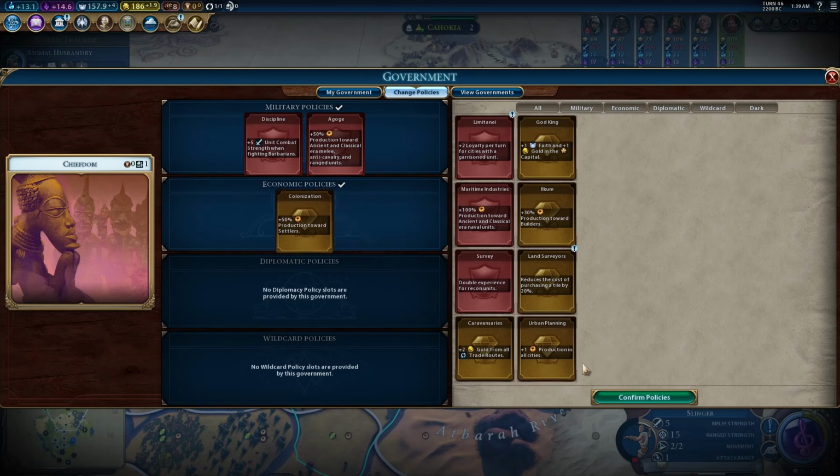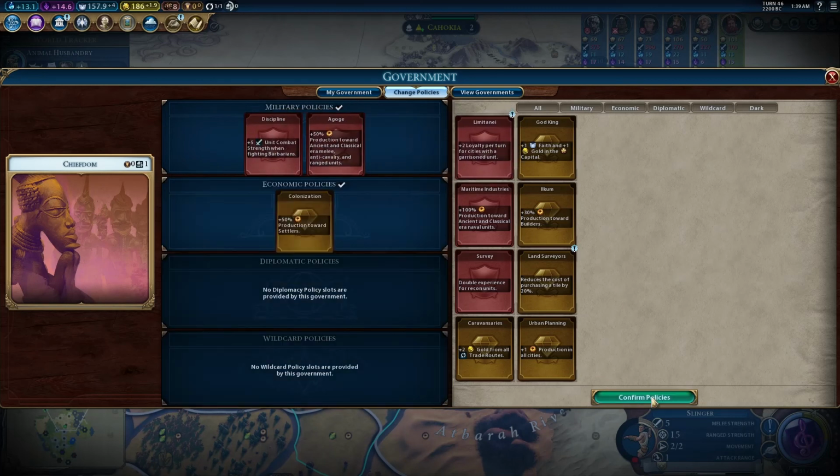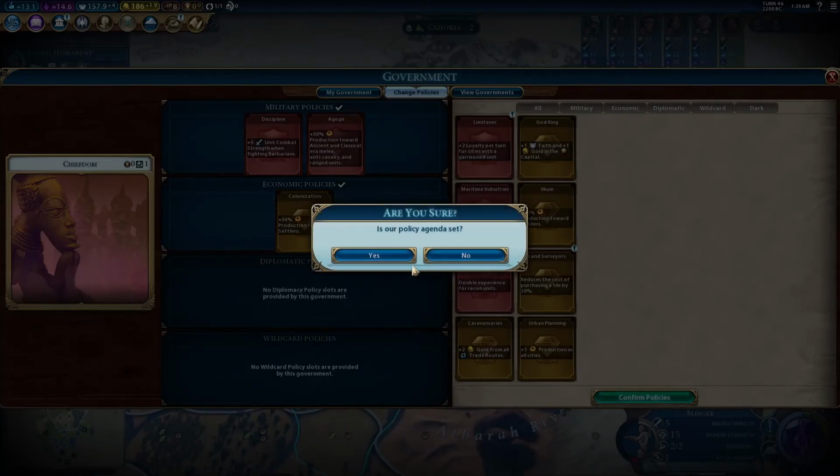I'm going to take the settler production. I don't need that quite yet. Though it's better than... we're not building troops yet, so...